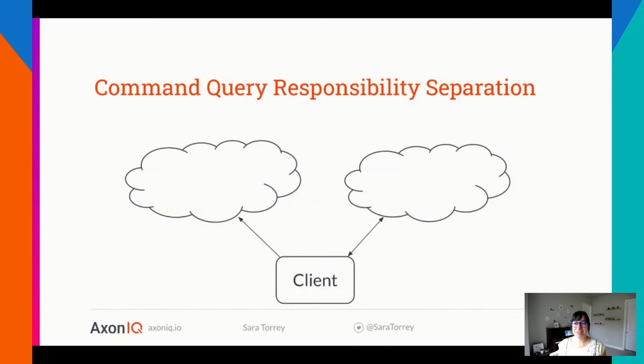So as I promised, we're going to look at a diagram. When we look at this diagram, we can see that this conceptually is one application because it is connected through that client or the UI. And on one side, you are going to see one thing, which is the command, and on the other side, you will see the queries.